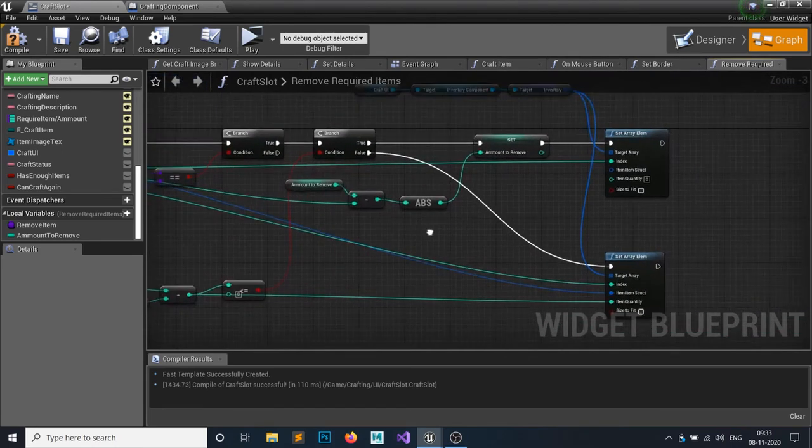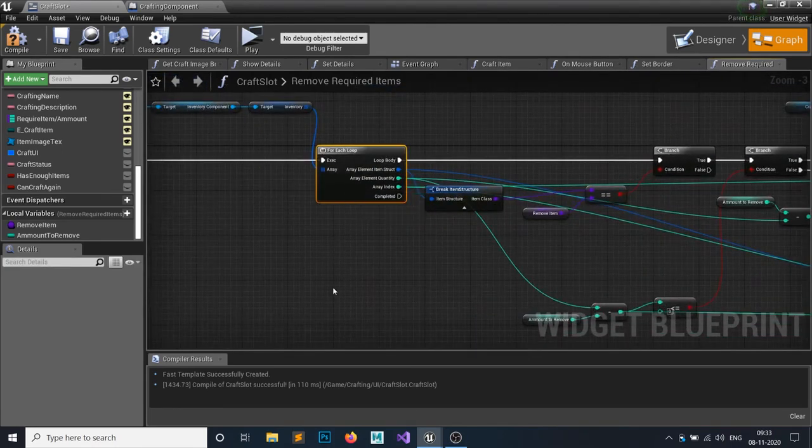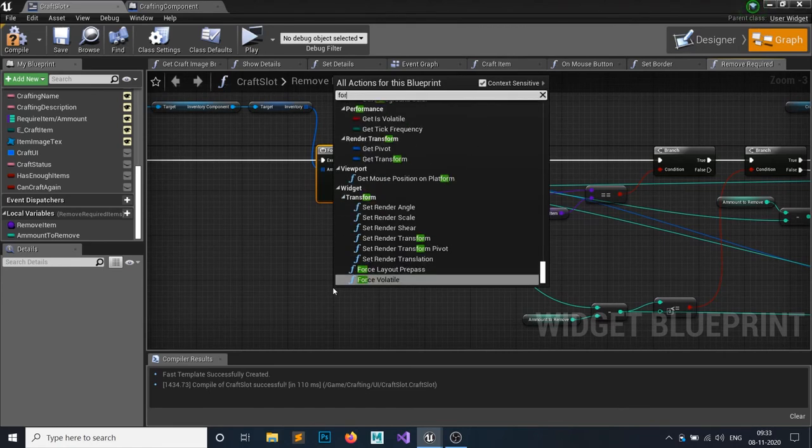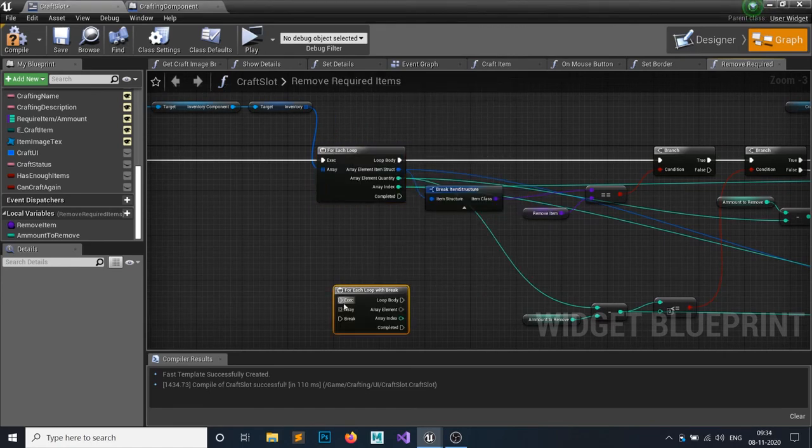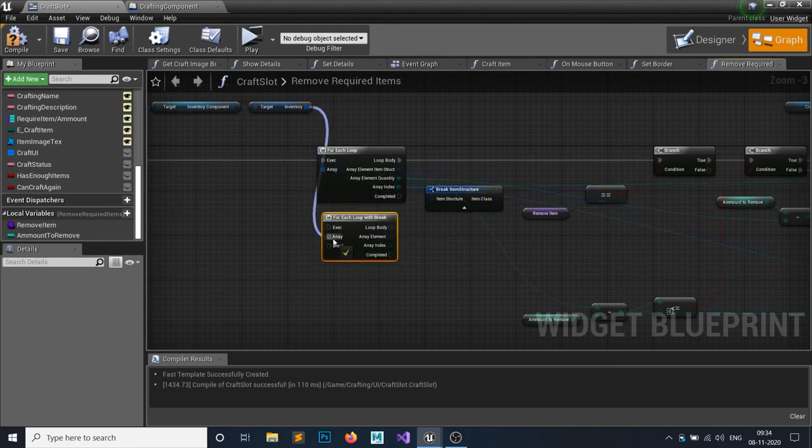And then I want to break this, so we need a for each loop with break. Why am I doing so? Because I want to break this loop if we found enough, if we removed enough items, because I don't want to go further.